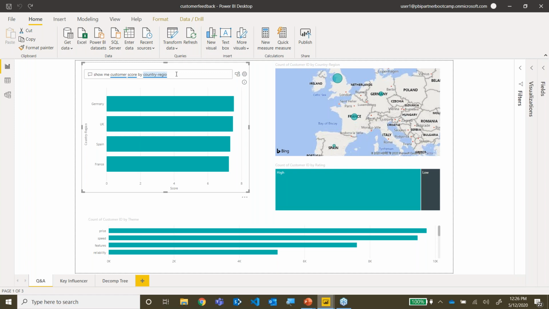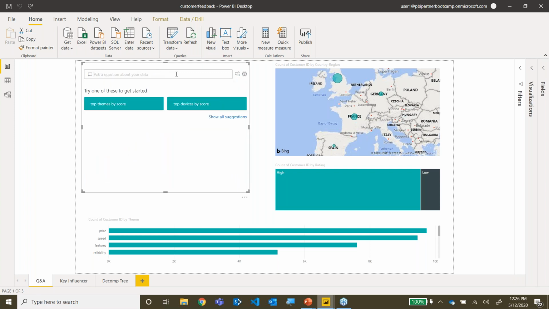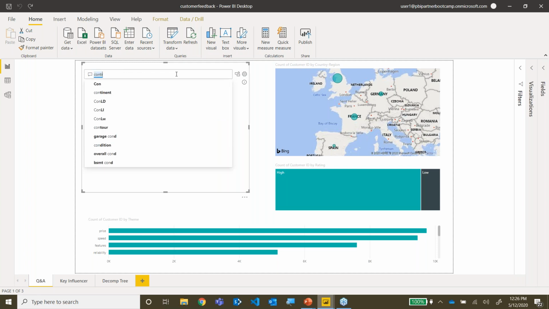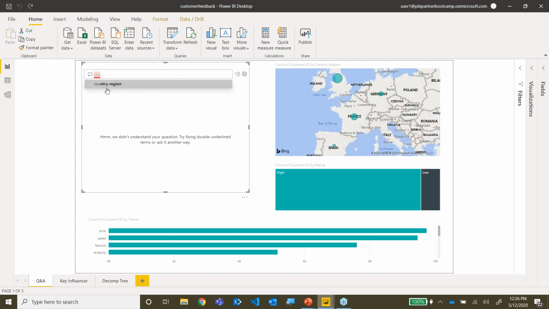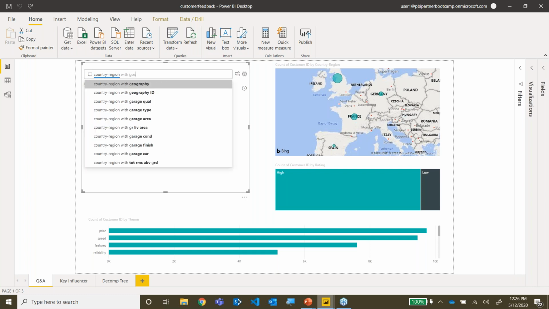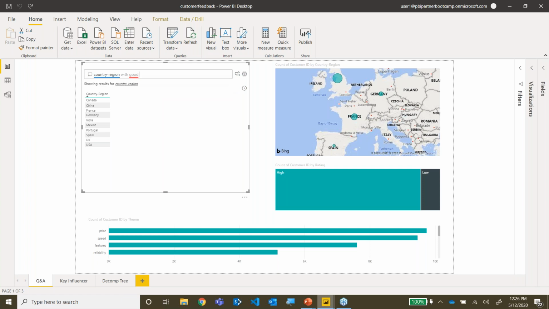So you can see how easy it is to create visualization by asking a question naturally to Power BI and work with it. So in the interest of time, I need to move ahead, but let me see if I can show you something else. If I can type correctly, country region with good rating. Okay, so I asked a question to Power BI